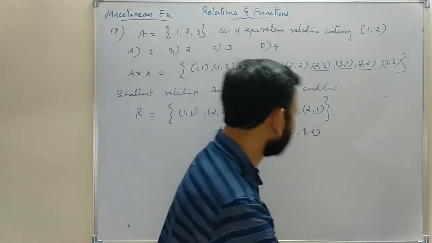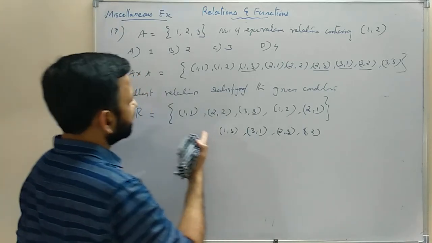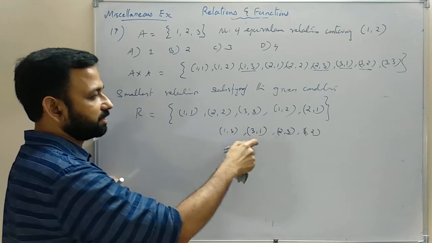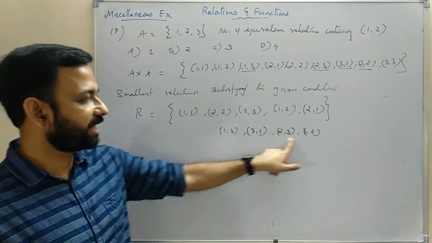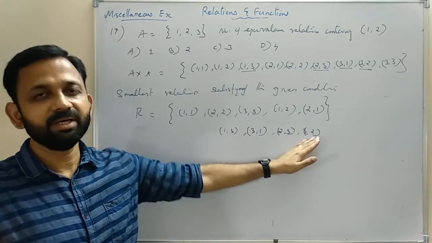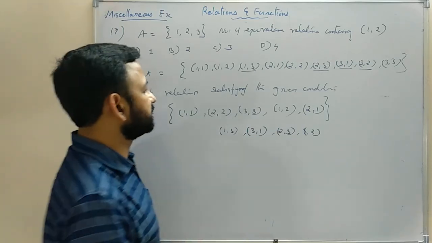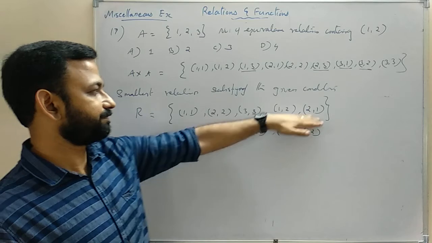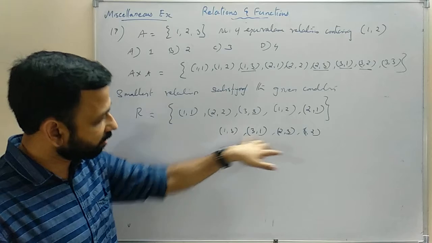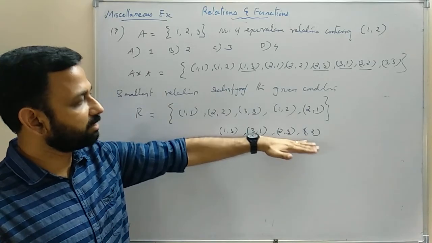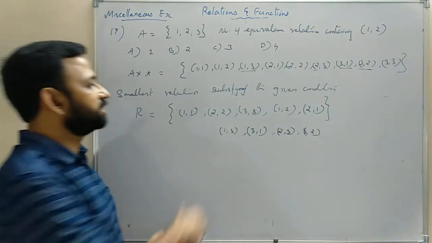So if we add any one among the rest of the elements, then we need to add the rest of the elements here, then only it will be an equivalence relation. So here we have two equivalence relations. First one is this one, and the second one is A cross A. So we are adding all the elements. If we are adding all the elements here, then it is an equivalence relation. This is an equivalence relation, so this is also an equivalence relation.